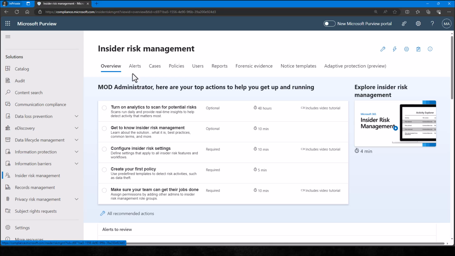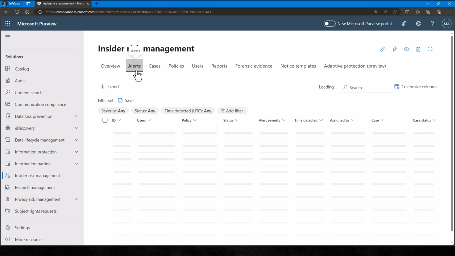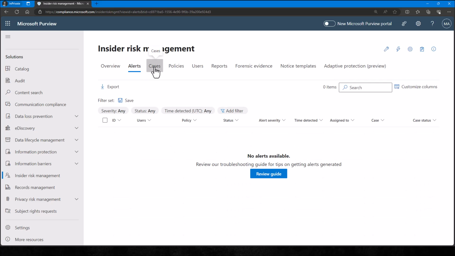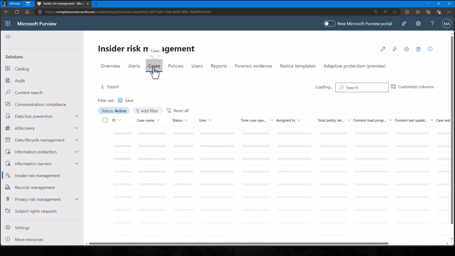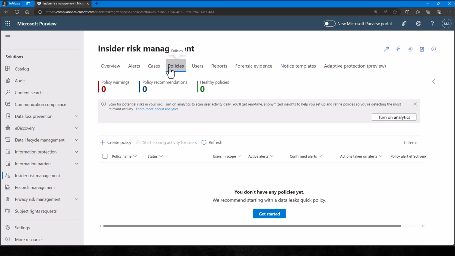And then once we have the feature configured, so it's monitoring for those user actions, you see they have an alert portal here, so we can see any potential alerts that have been flagged. We can create cases so we can investigate and gather all the evidence. One would imagine that's generally for intentional insider risk, so the disgruntled employee category. We can configure policies here that will go out and scan daily user activity. They're tracking